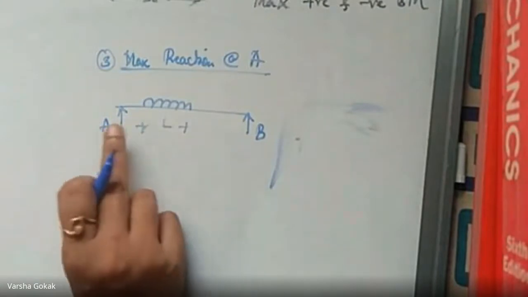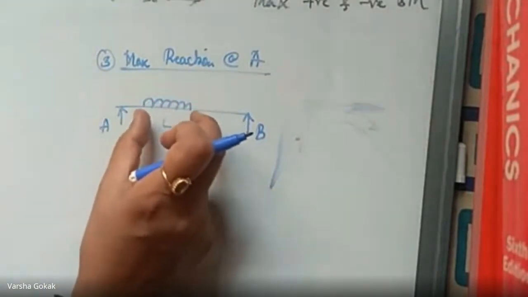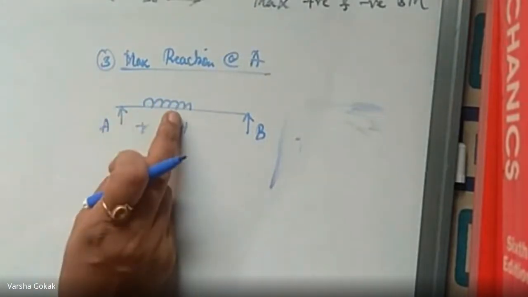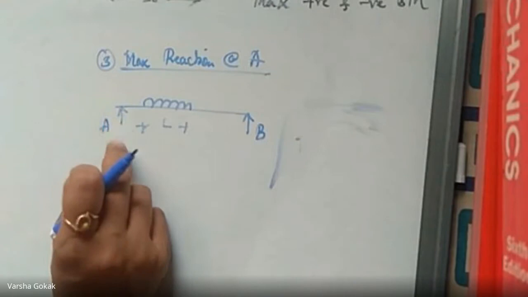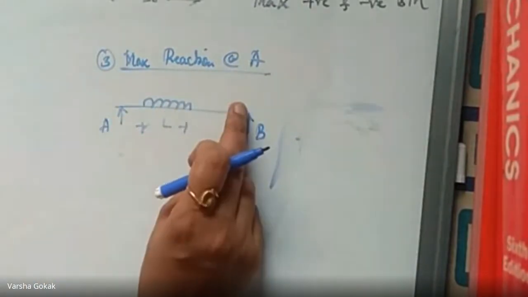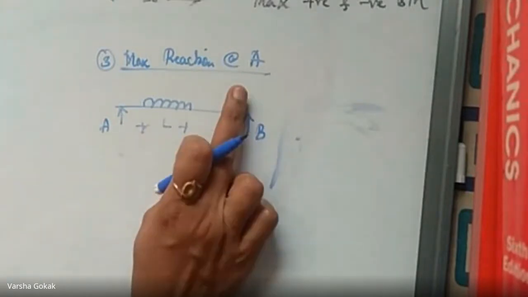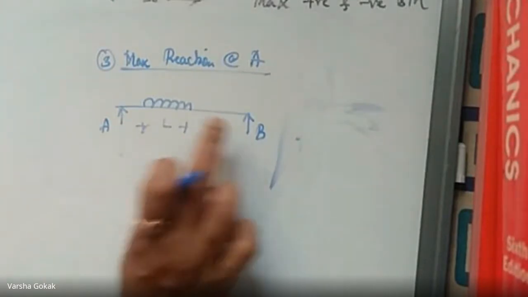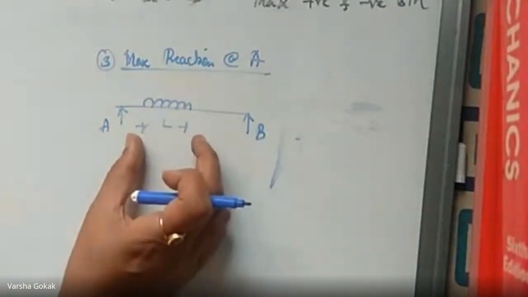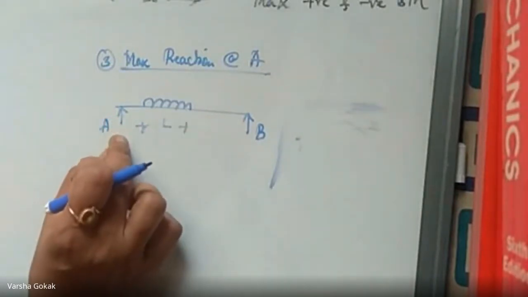Similarly, whenever I want maximum reaction, I have to place this load over this point, right? This is nothing but reaction. So the moment the external load is more over here, the reaction also is going to be more, Newton's third law. So if I place the load over here, then this reaction value is going to be more, correct? Because that is trying to balance over there. So if I'm talking of maximum reaction at A, it will occur when the UDL is in the portion AC or nearer to A, correct?